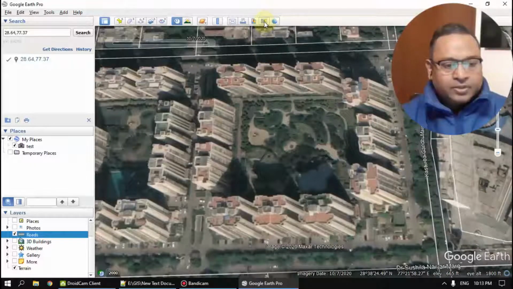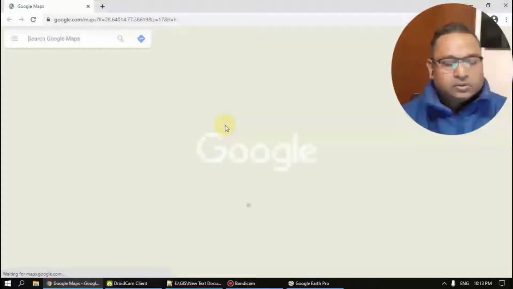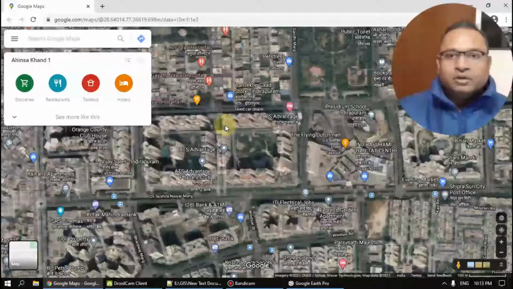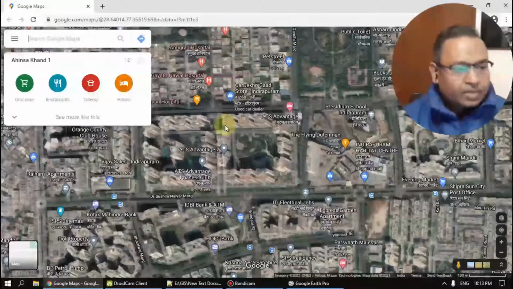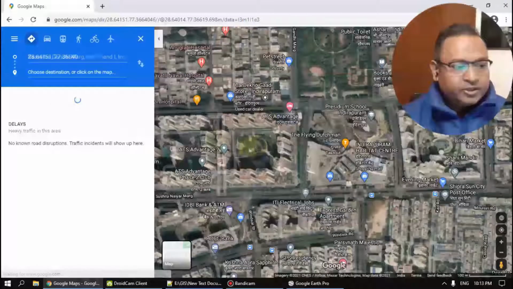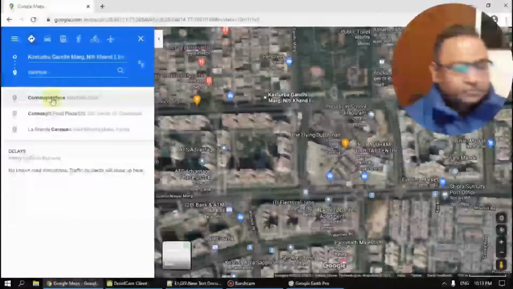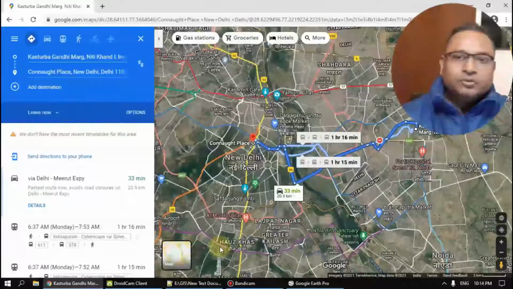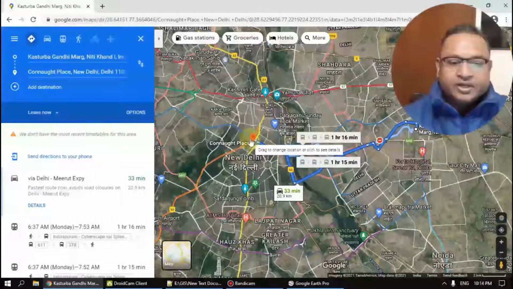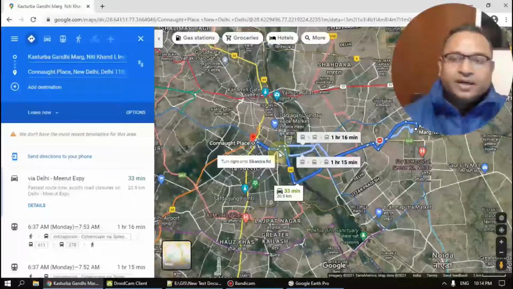So let me open Google Maps. Google Maps is one more GIS tool which we all are using. So if I choose directions, simply choose this point, and if I write here, let's say Connaught Place, through this particular GIS application, I will come to know that this much is the distance from one destination to the other, and approximately this much is the traveling time.